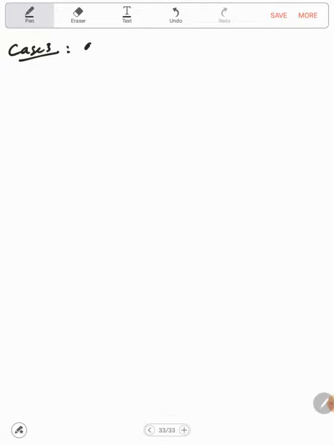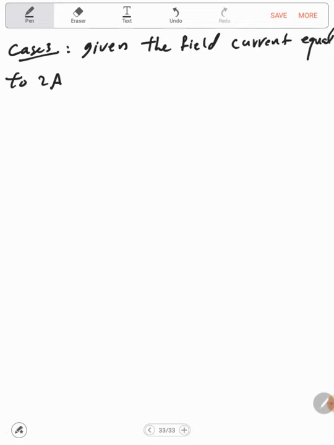Now, given the field current equal to 2 ampere, or simply the field current is increased to 2 ampere, let's say